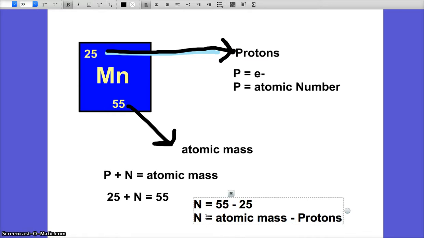So, in your homework, a lot of you did not get your neutrons right. Some of you made careless mistakes, like you switched neutrons with atomic mass for one. So little teeny weeny mistakes, but you must know each of these components for the test. So if you weren't taking notes, as a correction, this is not magnesium, it's manganese, the element we all know